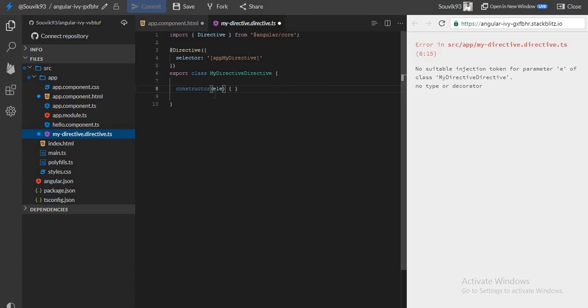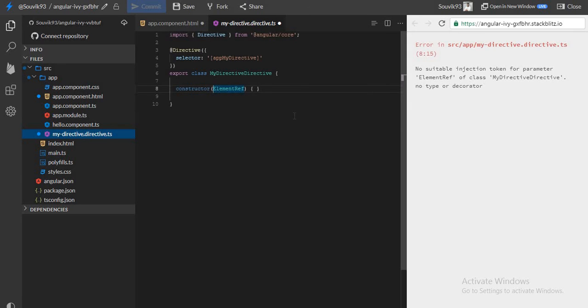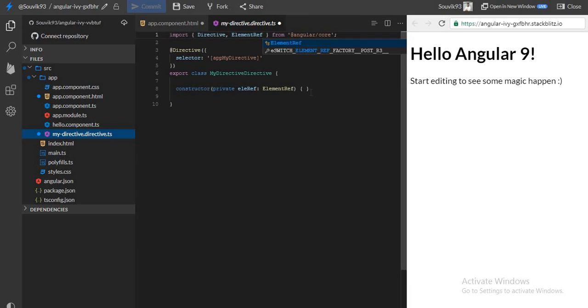Since I am modifying the element, I am going to add ElementRef. Let me name the variable el, something like this, and I need to import it from Angular core. Let me import it here also. Yeah, it's imported now.